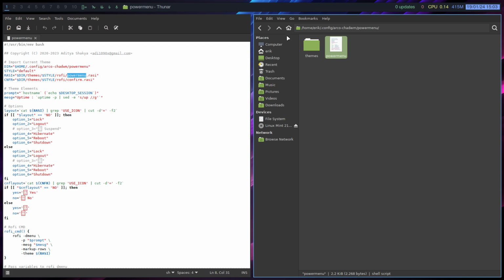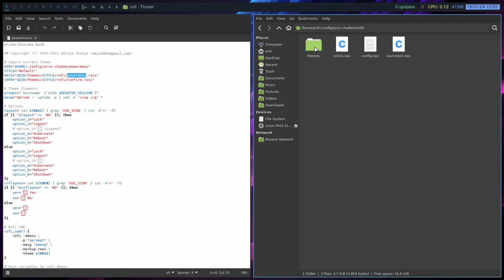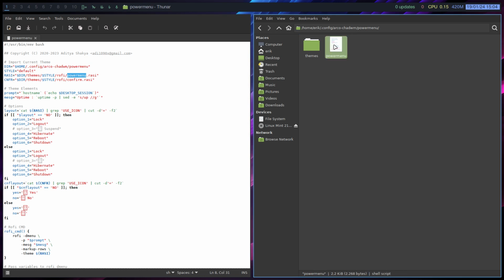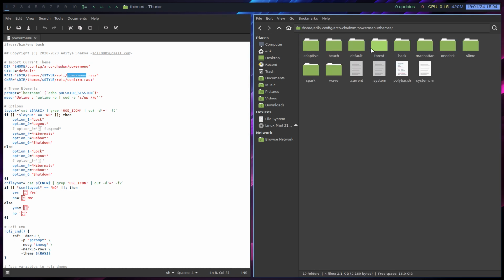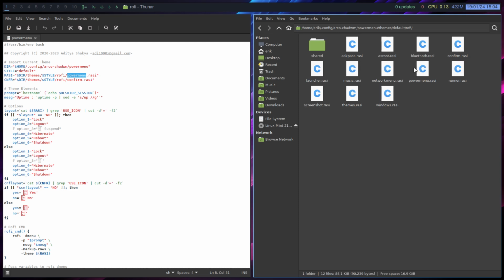So style, Rofi, themes, power menu. I think I'm in the wrong place here. Yep. So inside power menu, I have to stay here. Inside power menu, we take the default style. That's default, and then we go to themes, default, sure, and then Rofi, yes, and then power menu, yes,